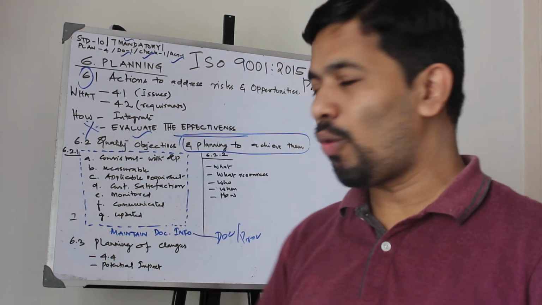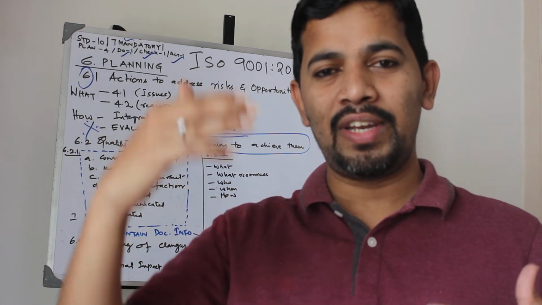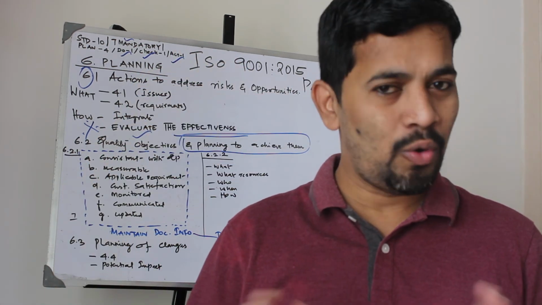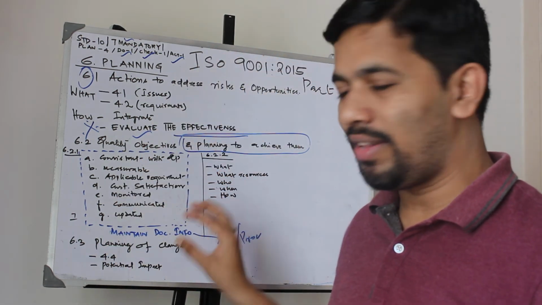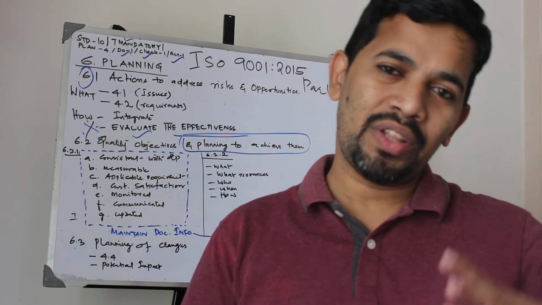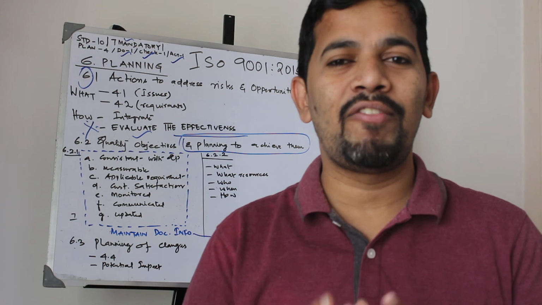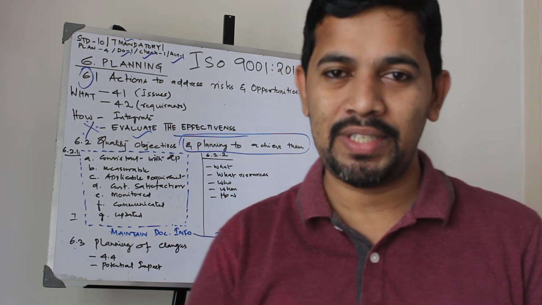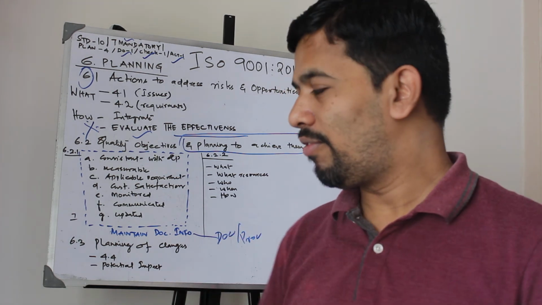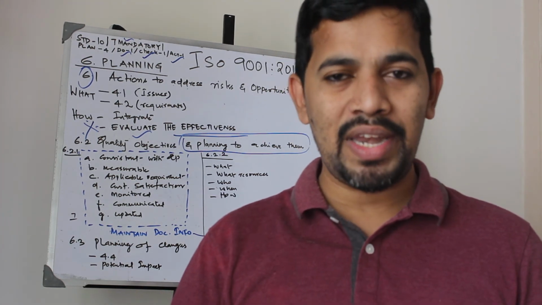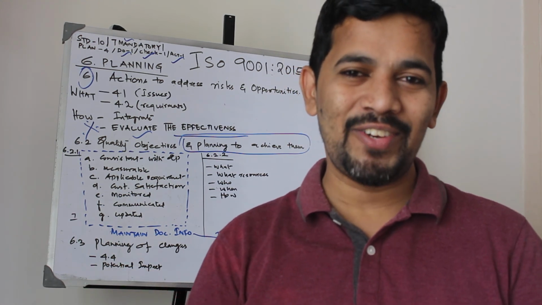And then we talked about quality objectives, which can be at the functional level, different levels, function level and department level and so on, no problem. But they have to be consistent with the quality policy, and it has also given another small requirement which was there before as well. The one addition is that we need to maintain documented information. Lastly, we have planning of changes. It has given the reference of the quality management system and its processes, and then it says that we need to find out the potential impact and so on.